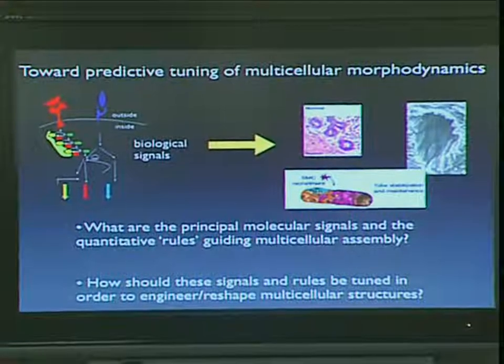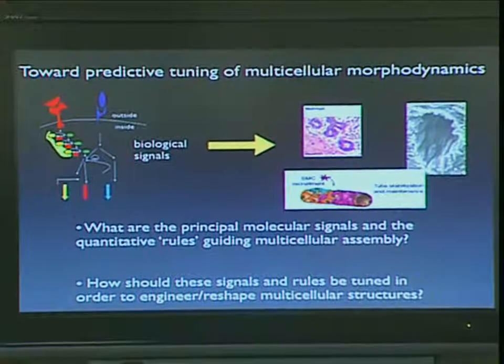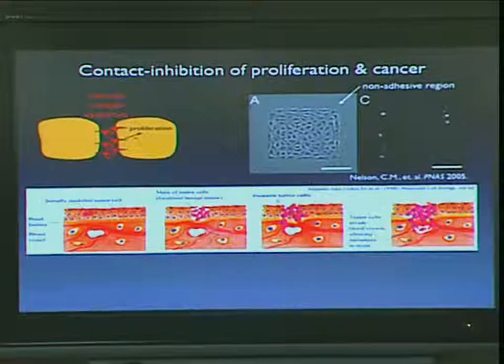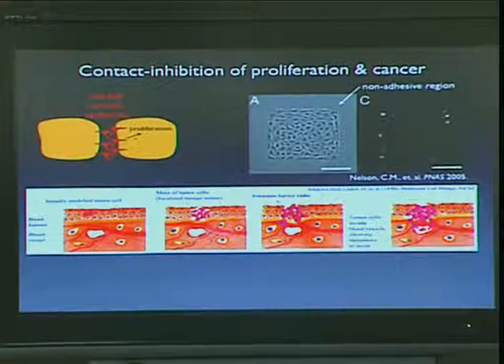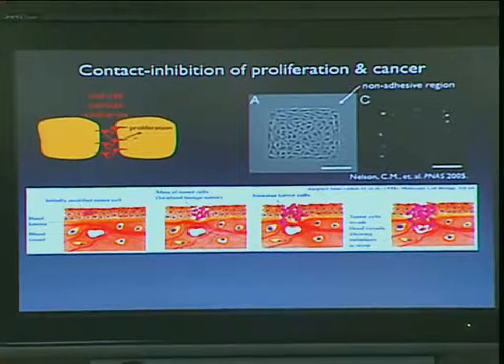Okay. So the first question alludes to the kind of experimental work that goes on in our lab, and the second, of course, is pointing you towards a computational challenge of integrating this information to make it predictive and to guide design. And I'm going to touch on both of these questions, beginning with the first, and focus on one system that we use in the lab, which are these human epithelial cell systems, because of its relationship and importance to cancer. The majority of human cancers occur in the epithelium, and one of the normal constraints on what epithelial cells do,